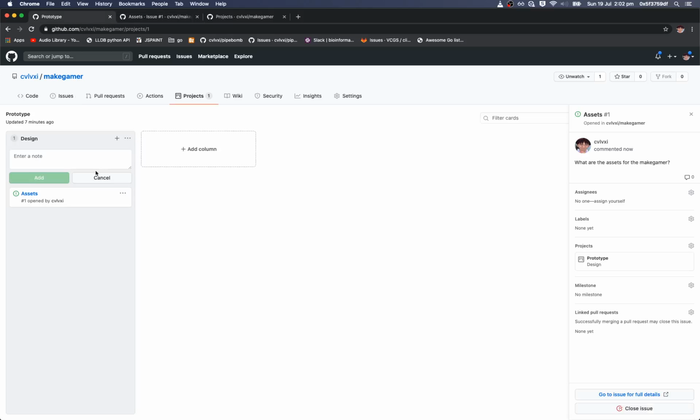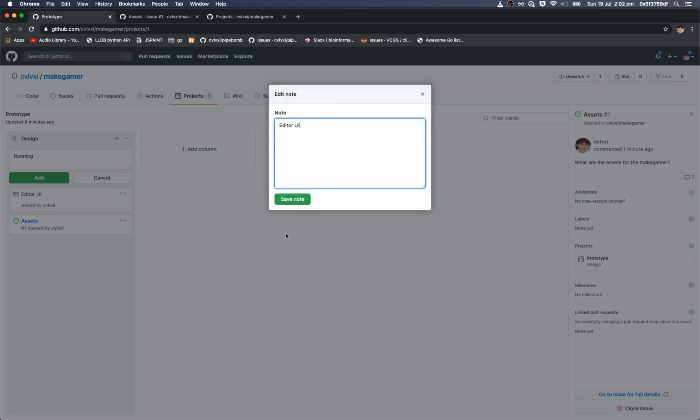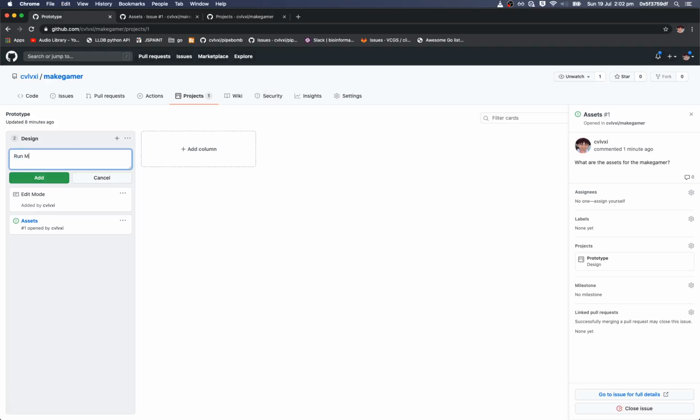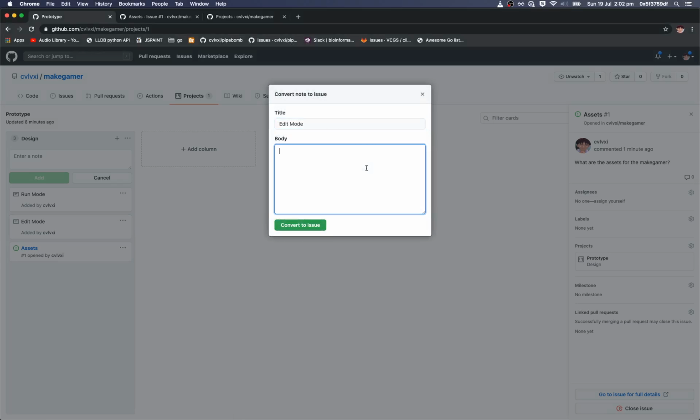The other thing we should think about is our editor, the editor UI, versus how we're going to edit all these different things. Edit mode versus run mode, right? So we want edit mode versus running the game. Yeah, so in edit mode,